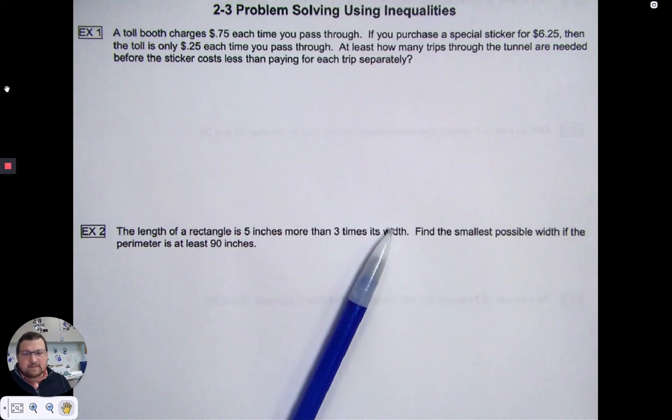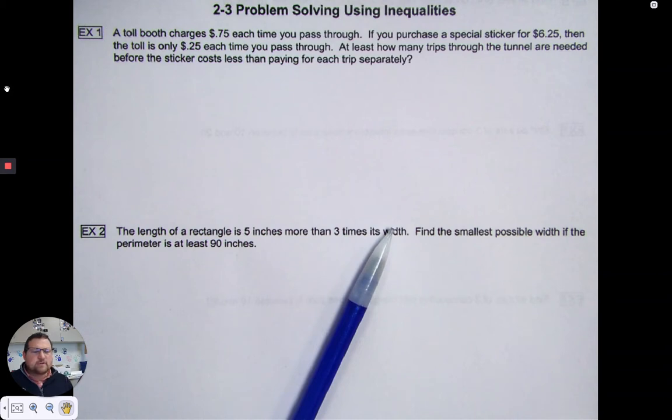Hello and welcome back. Today we are looking at 2.3, which is problem solving using inequalities. So we're going to do the same exact thing that we did in chapter 1, only this time we're going to look at inequalities. So our first problem says a toll booth charges 75 cents for each time you pass